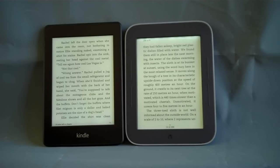Okay, this technology of creating these front lit screens is not really perfected yet. It involves laminating different layers together, a light guide with micro etching, and the touchscreen layer onto the e-ink screen. And apparently there are a lot of failed screens in the production process. So the yield is